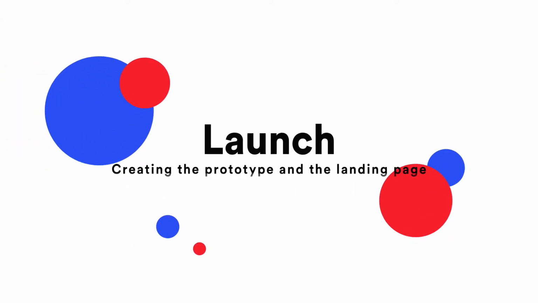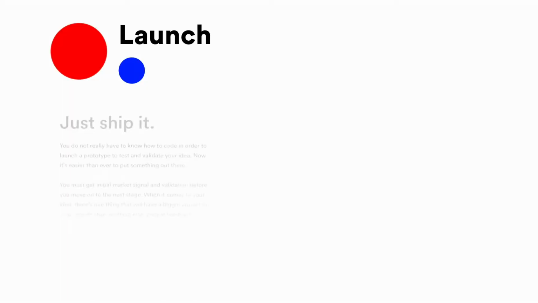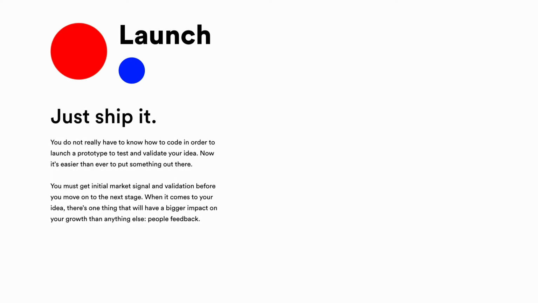Launch. You do not really have to know how to code in order to launch a prototype, to test and validate your idea. Now it's easier than ever to put something out there. You must get initial market signal and validation before you move on to the next stages. When it comes to your idea, there's one thing that will have a bigger impact on your growth than anything